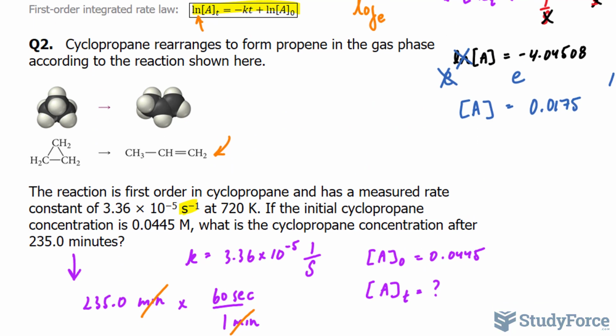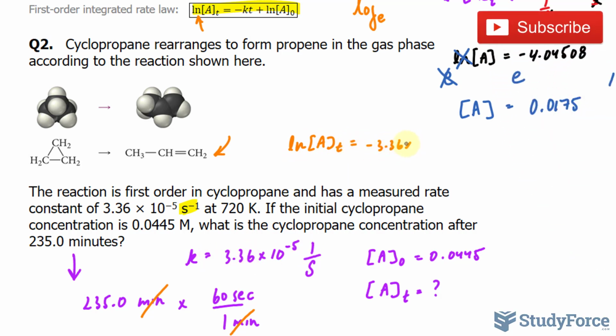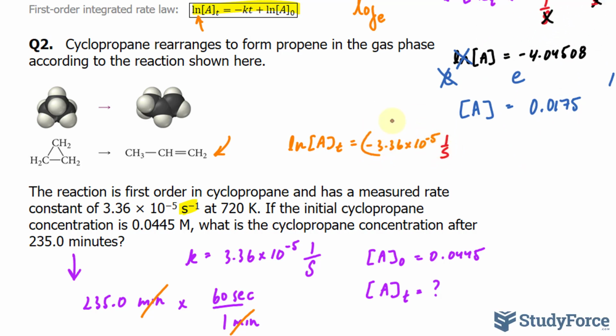Now here's that formula again. I'm going to substitute all of the information that we just found out. We're looking for A sub t, so I'll keep that blank. ln of A sub t is equal to negative this number, negative 3.36 times 10 to the power of negative 5, and I'll write the units in, 1 over s. That's being multiplied to the time, which we found out to be 14,100, and that has the units of seconds. This is why we converted into seconds, so that this and this will cancel out. Plus ln of our concentration initially at